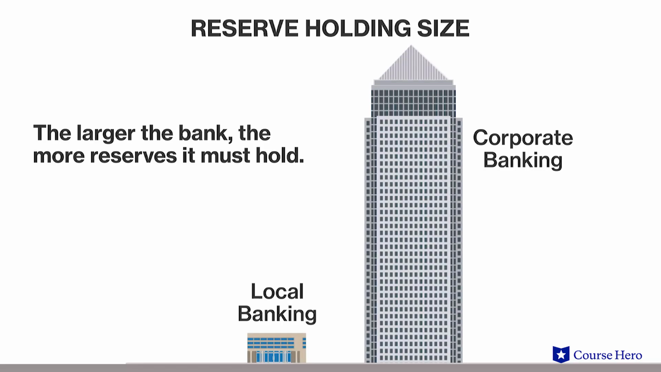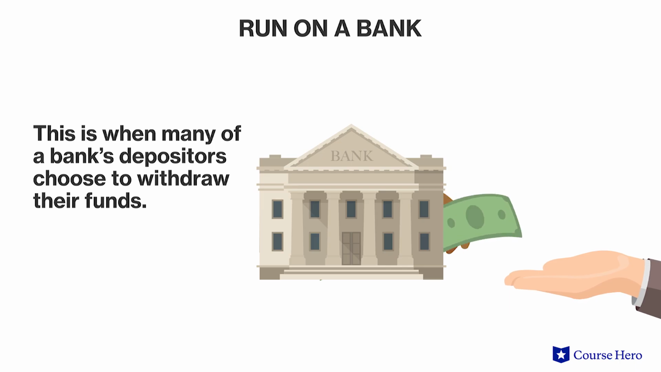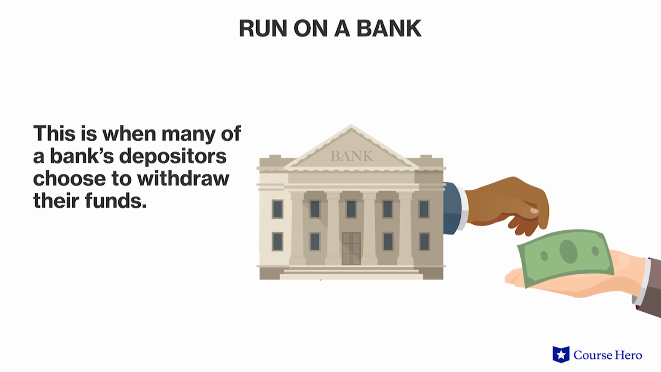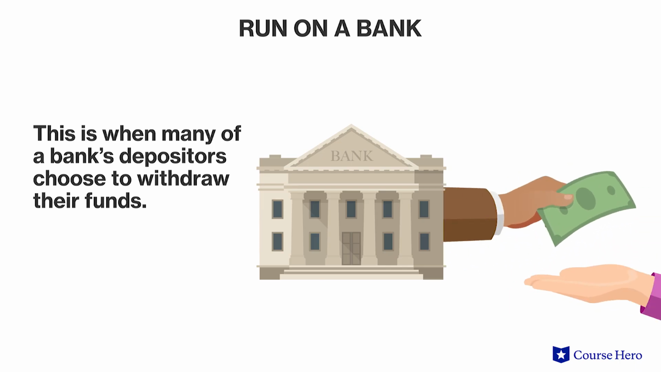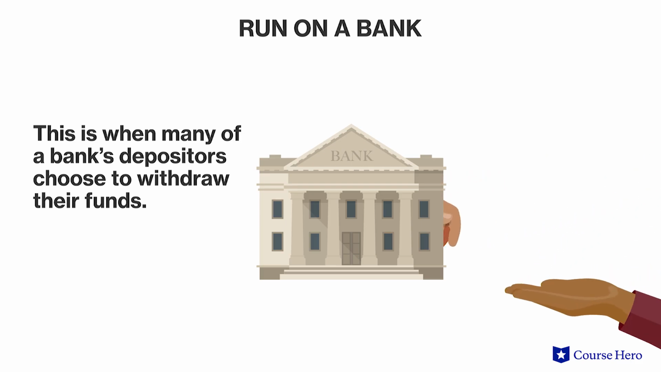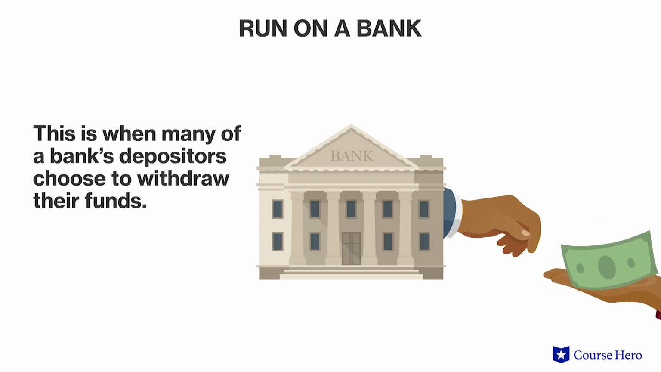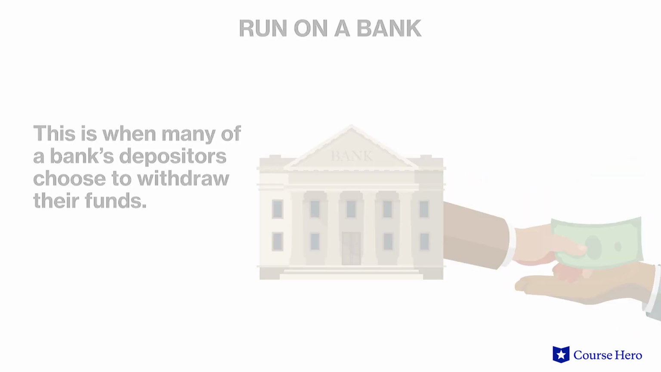The larger the bank, the more reserves it must hold, according to regulations created by the Federal Reserve. This regulation exists to discourage and impede a bank run. A run on a bank is when many of its depositors choose to withdraw their funds at the same time, often because of a perception of financial weakness in the bank, which then causes the weakness people feared in the first place. Bank runs throughout the banking system were one of the most damaging aspects of the Great Depression in